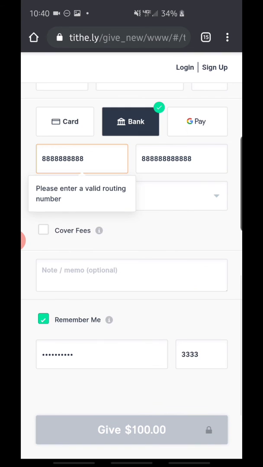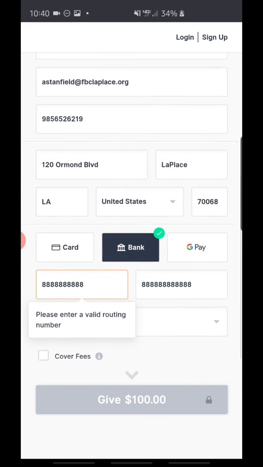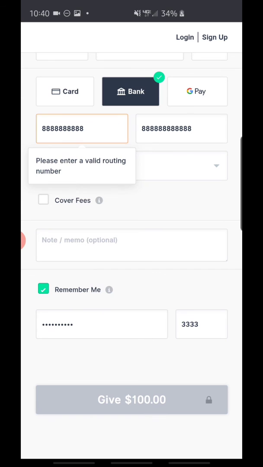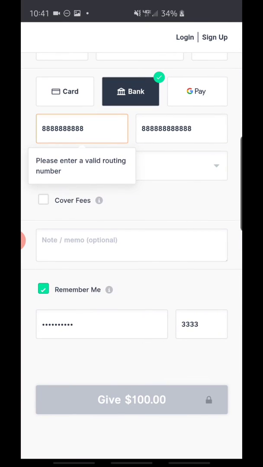So once all of that's said and done, then you would just click on Give, and I'm not doing that obviously because none of this is valid, but if you had entered all of your information correctly, you would just click the Give button. It will process, it will send it directly to the church, and you will get a receipt for that giving. And our financial secretary also keeps a record of that for you for the end of the year. So if you have any questions, please reach out to us. But that's a really great way for you to give, especially in this time where we're not able